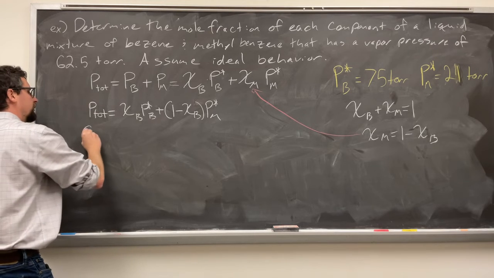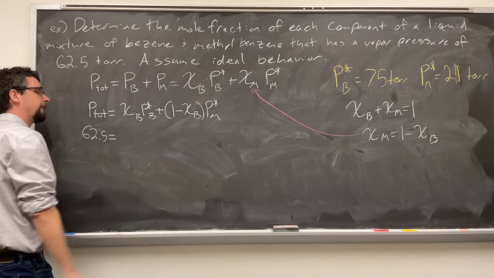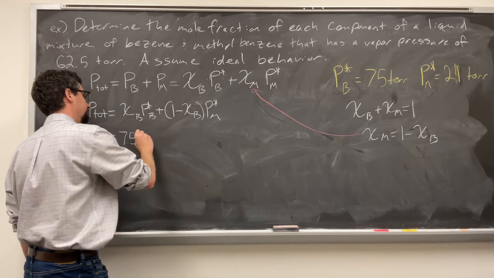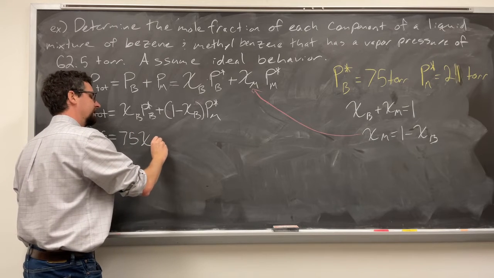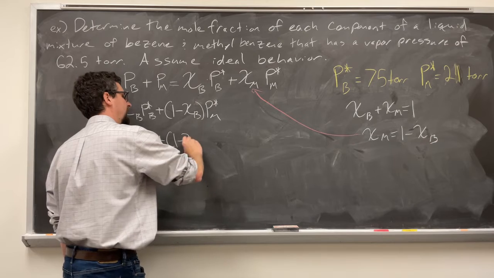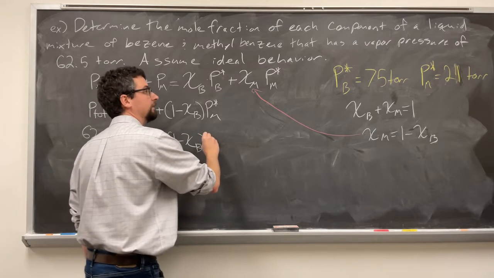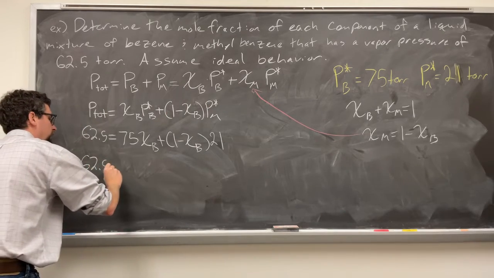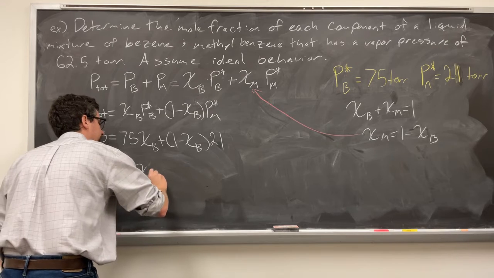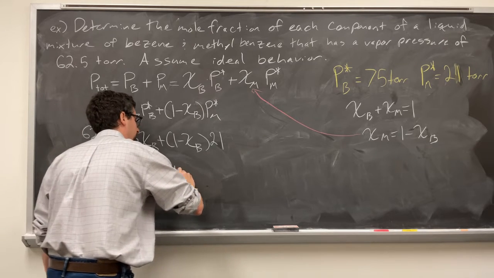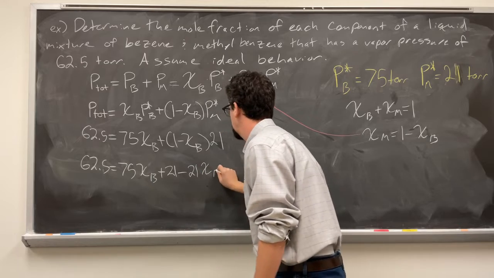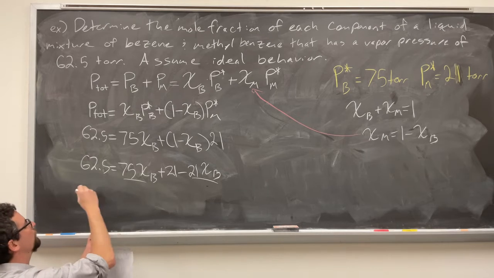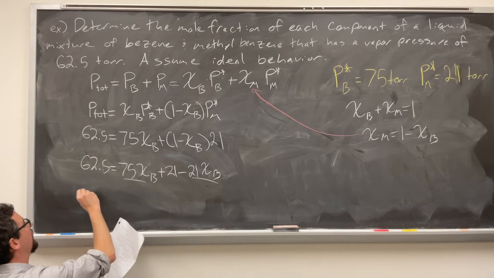So we know our total pressure is 62.5. Our pure pressure of benzene was 75 torr. And then we have chi b times 75 plus 1 minus chi b times 21. We can manipulate that further: 62.5 equals 75 chi benzene plus 21 minus 21 chi of benzene. We can solve this further. Let's put these together and then move the thing over to the other side. So we should end up with